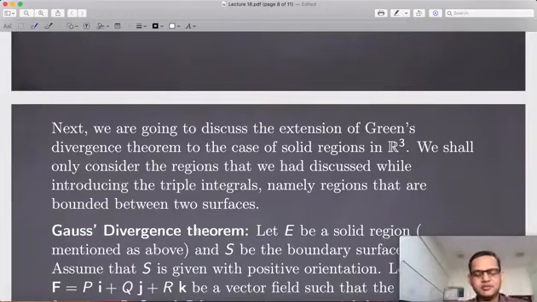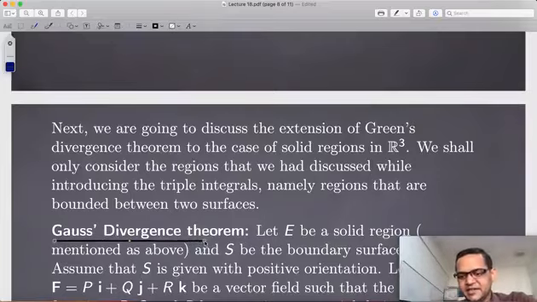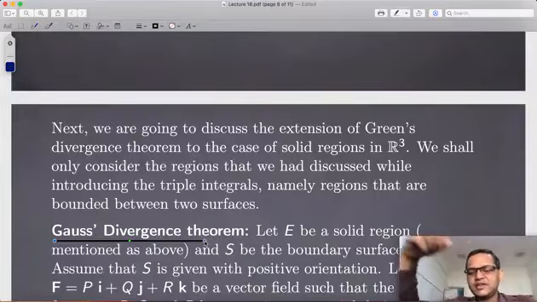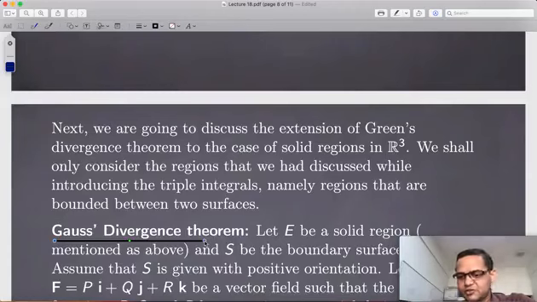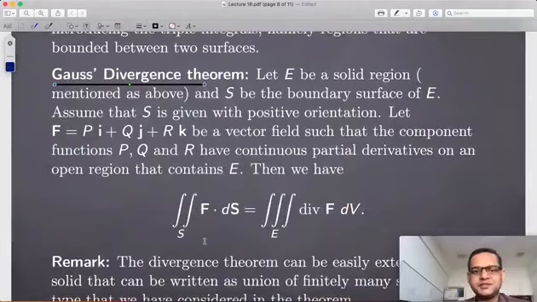Okay, so we are going to have a solid region in R3, and we will consider the triple integral of the divergence over there. This divergence theorem basically will give us that the triple integral over a three-dimensional solid body can be obtained in terms of a certain surface integral. Okay, so you look at the boundary of that solid. This is going to be a surface in R3, a closed surface in R3. So this is what this Gauss